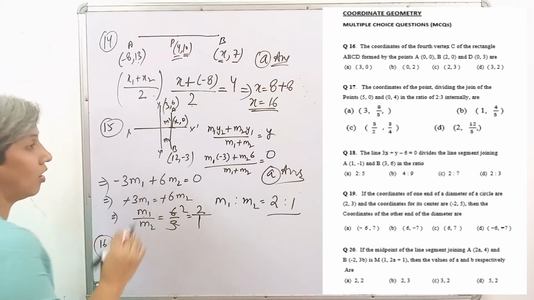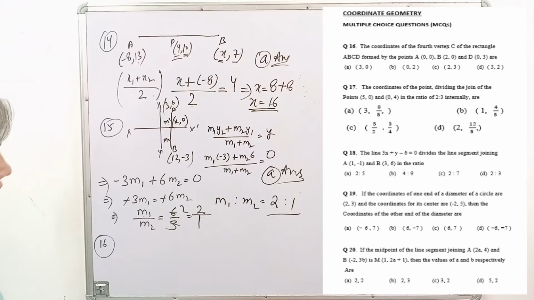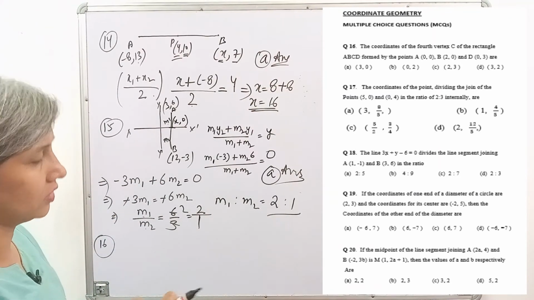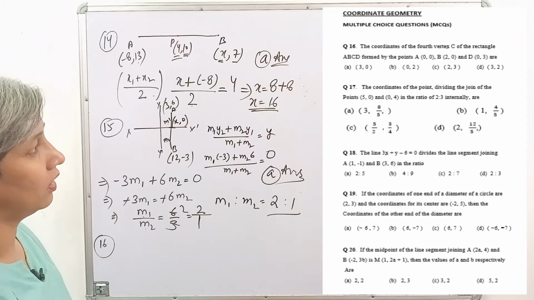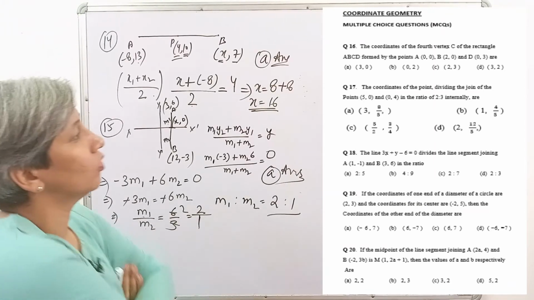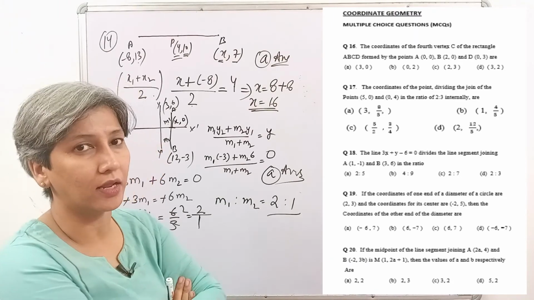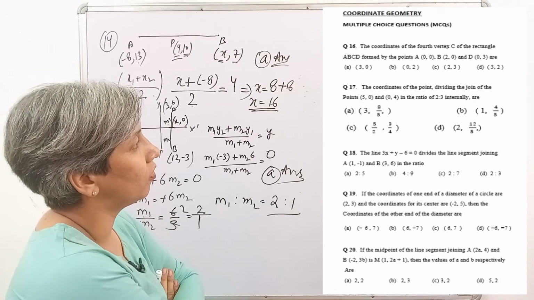Let's see how big the question is, if we'll be able to do it here or we'll make more space for it, right? So 16th question, what is it saying? Question number 16 is saying: the coordinates of the fourth vertex C of a rectangle ABCD formed by the points